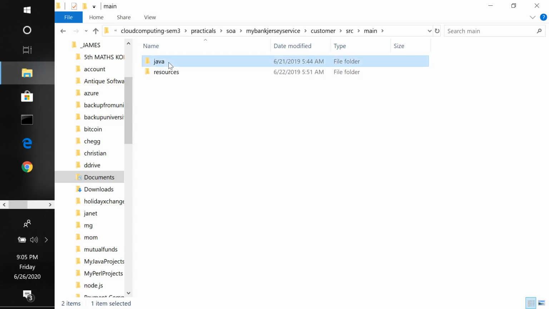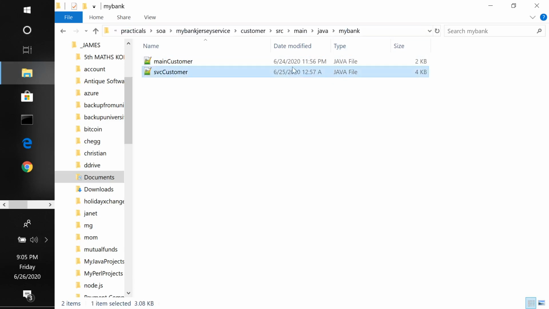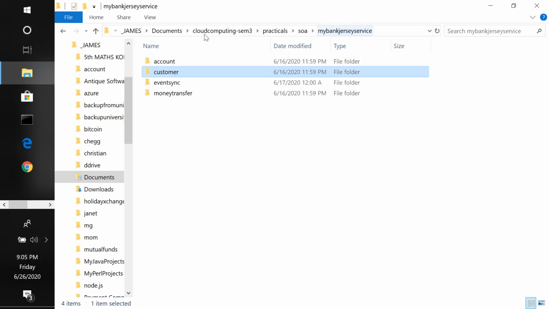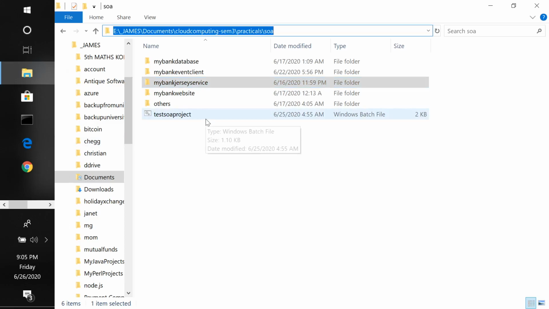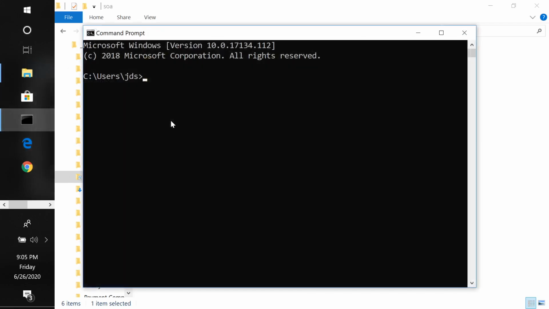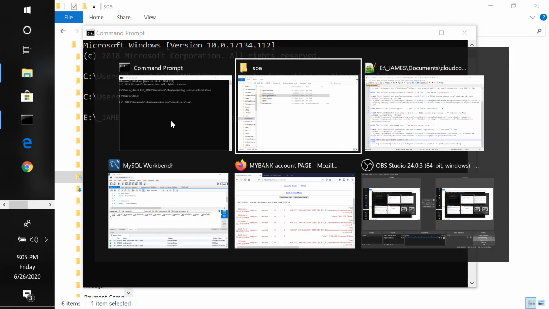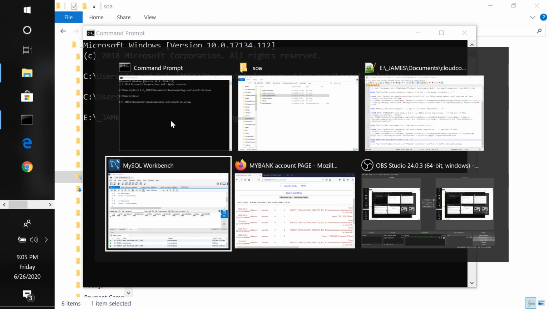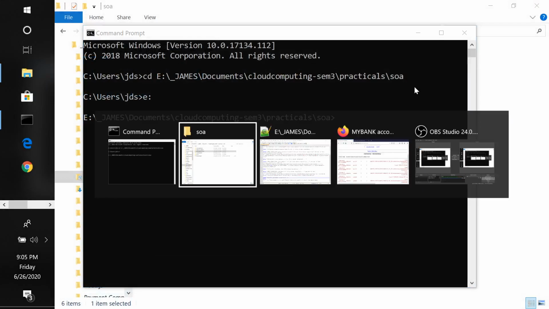Source main Java is there. So what was the problem? I don't know. Every time I am almost reaching the end, I end up in some new error. Things are working, and then one silly thing must be not working. Then, is anything else running? I don't know. So let me just close everything else.